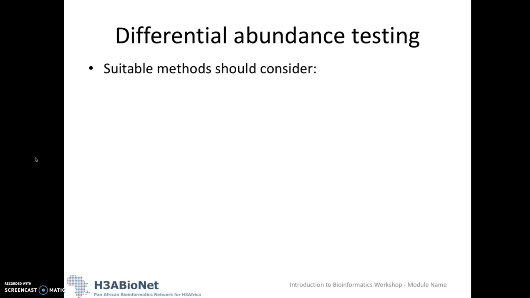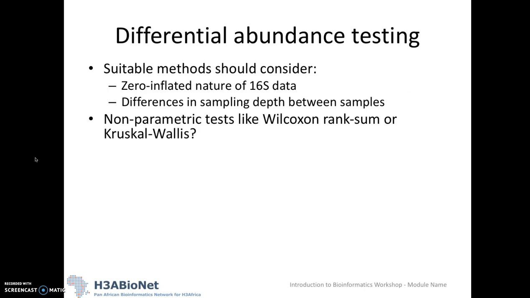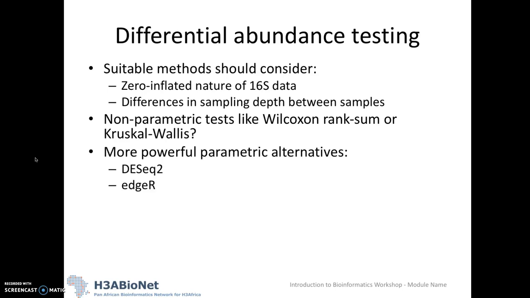So for our 16S data, which we've discussed as compositional data that has a zero inflated nature, a suitable method should consider this structure and also differences in sampling depth between our samples. So we could use something like a non-parametric test, so we don't have to worry about that specific distribution. So we could use Wilcoxon rank-sum or Kruskal-Wallis, but there are actually more powerful parametric alternatives such as DESeq2